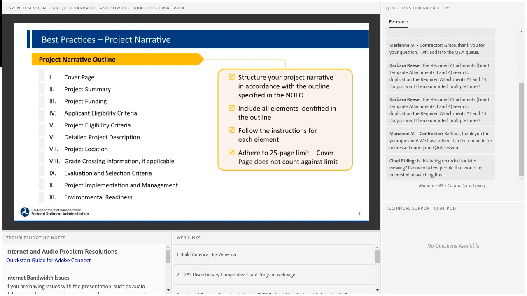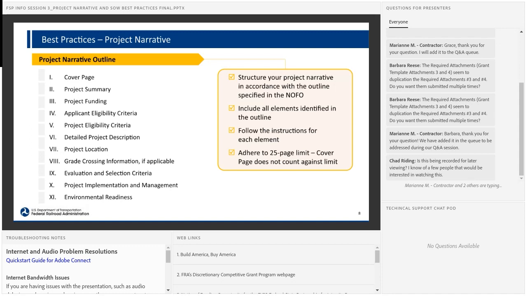Include all the elements identified in the outline. Make sure you follow the instructions given for each element and adhere to the 25-page limit. There is a page limit, and we get this question a lot, but I really just want to drive the point home that your cover page does not count against the 25-page limit.